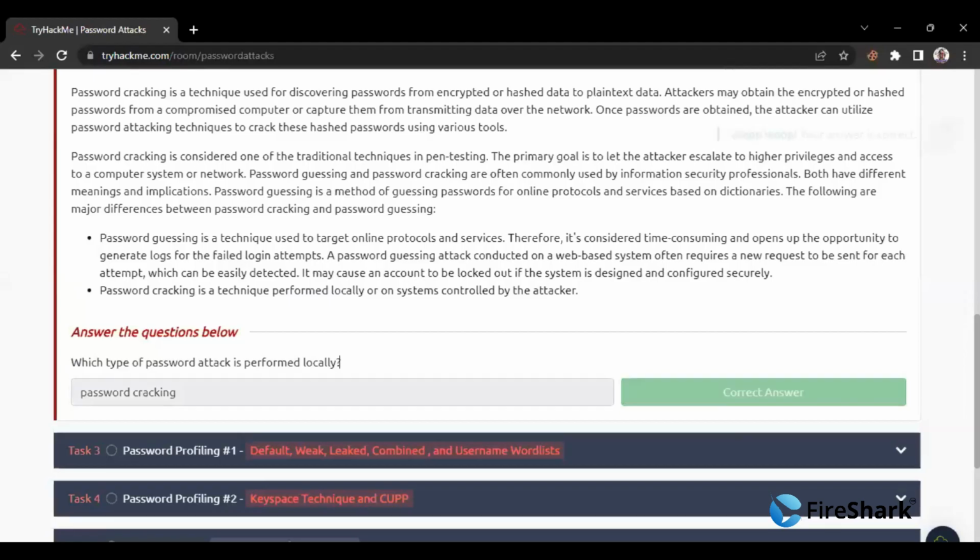Okay, so I was just disconnected. Okay, so this was password cracking. Okay, and the next one is